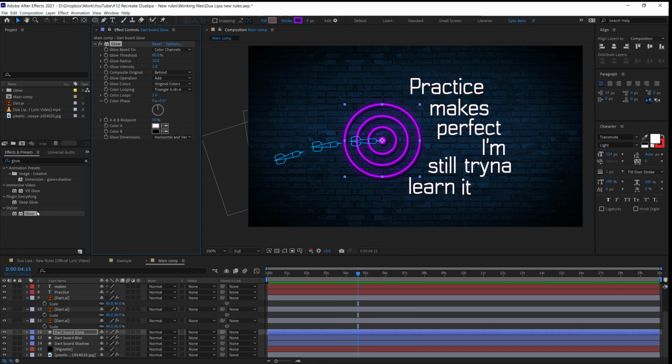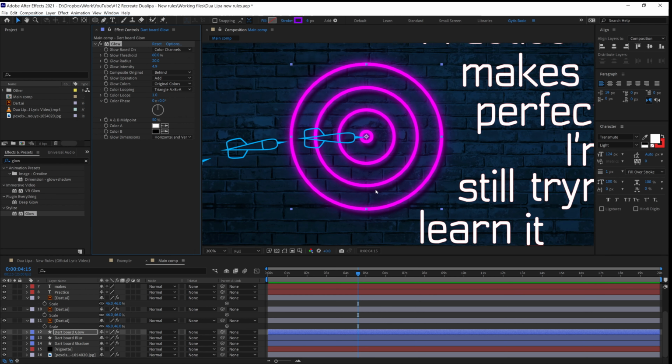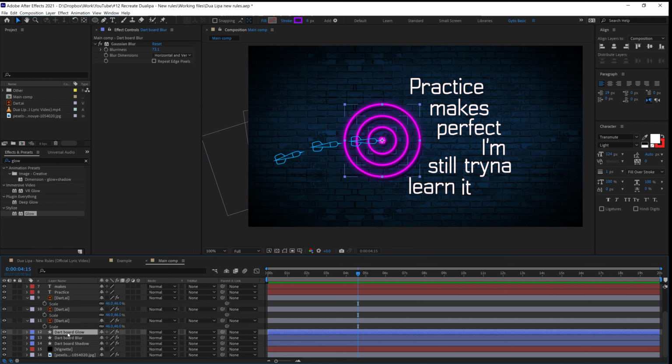Glow. And it's already glowing. I'll probably increase the intensity by a lot and the radius by a little bit. Something like that. Yep. So we created the dartboard, and in the same way we are gonna create all the